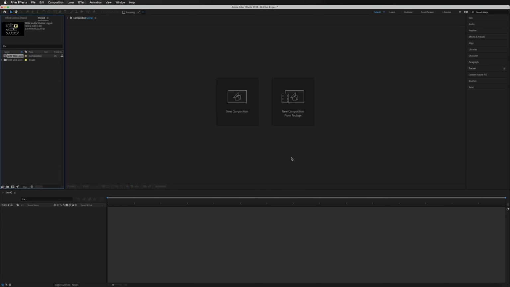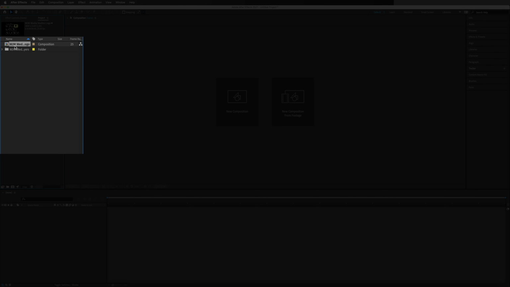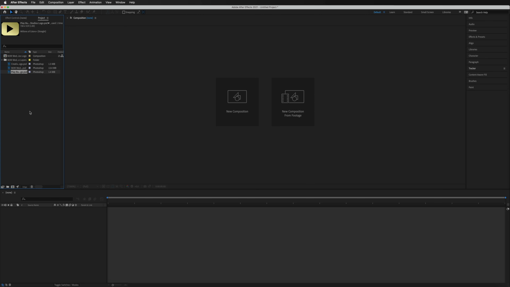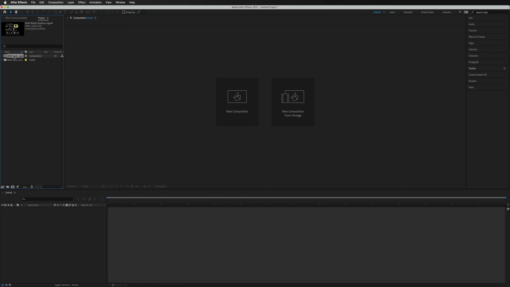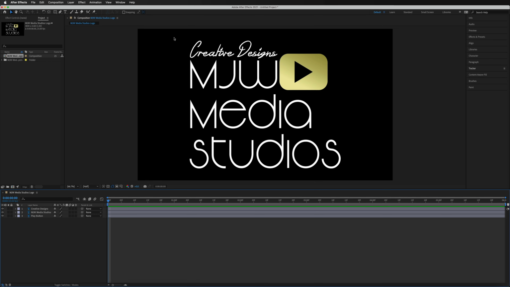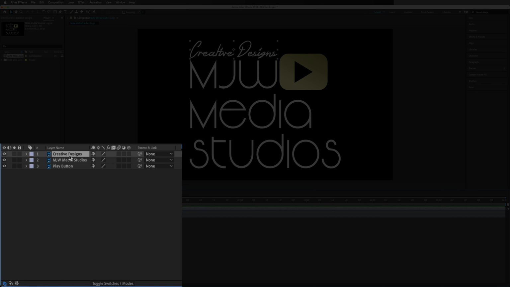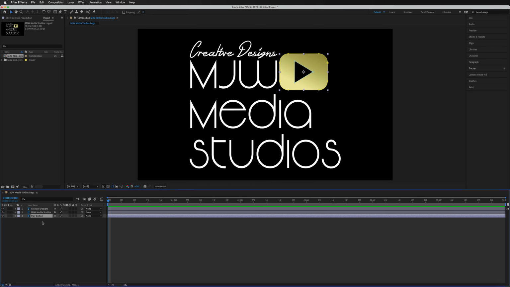So looking at our screen, it doesn't seem like anything's really happened apart from over here in our project window. We now have these files imported. And if we just go ahead and open up this little drop down menu there, we can see all three of these layers that make up my logo. And the way we would start animating these is we've got to open up our project or our composition. And that is what this file is right there. You can see it says composition. So if we now double tap onto this, we can now see my logo is visible in the composition window. And we can also see that all of the files are available down here inside of our timeline. And we'll talk about this in just a moment.